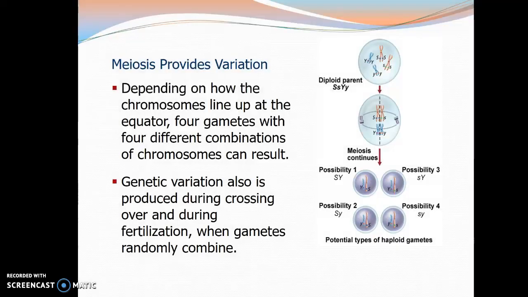Okay, so meiosis provides variation because depending on how the chromosomes line up at the equator, four gametes with four different combinations of chromosomes can result. So like remember we talked about